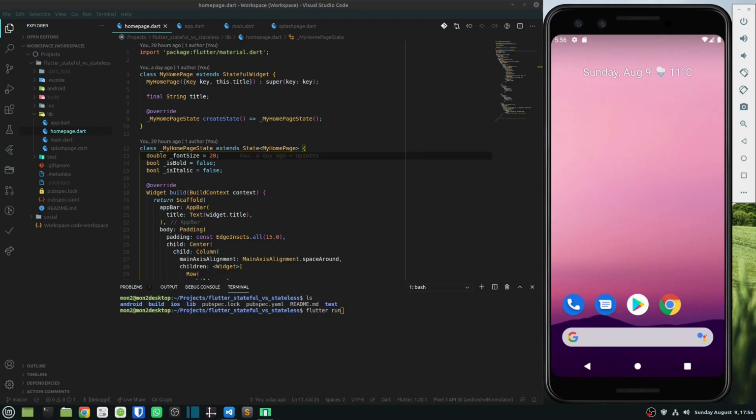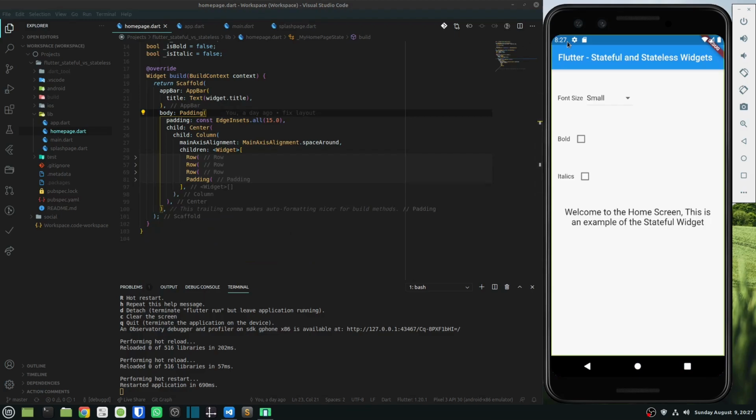Let us now see our application running in action. So I will execute the flutter run command and launch my application. So now that my app has loaded, these are the widgets that I have added in my home screen. There is a font size selection, which is a drop down list, and then I have a checkbox for bold and italics, and then below that I have a text widget which shows some welcome text.